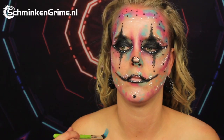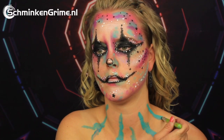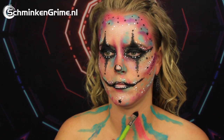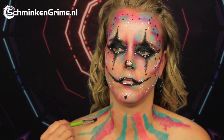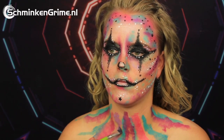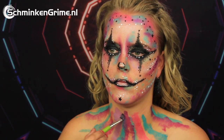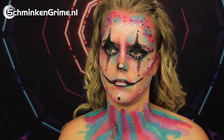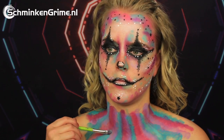Use your creativity. Then we continue to the neck, and this one is pretty easy because it doesn't really have to be straight lines. As you can see, Angelina is really dabbing those colors on the skin, using the same colors as on the face, but it really doesn't have to be all nice and neat. And once all of those colors are on there and the neck area is nicely covered, we continue to the